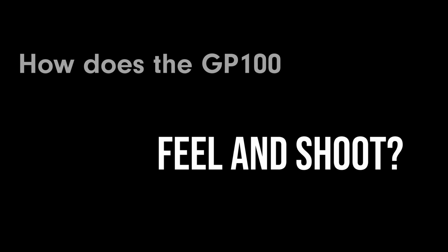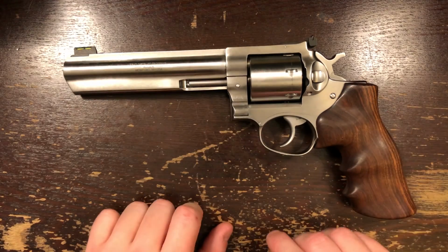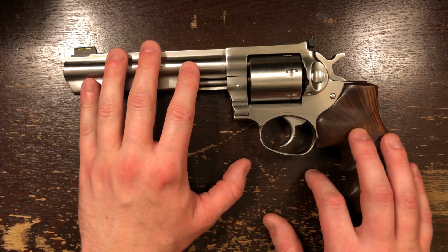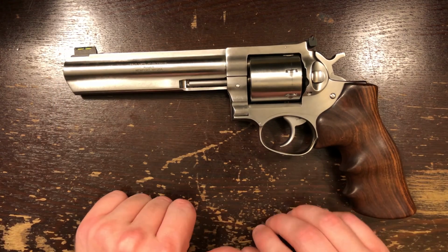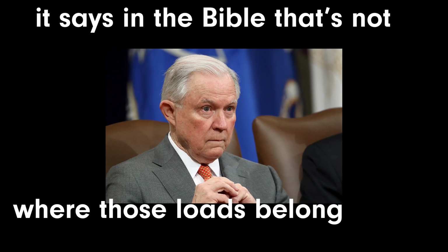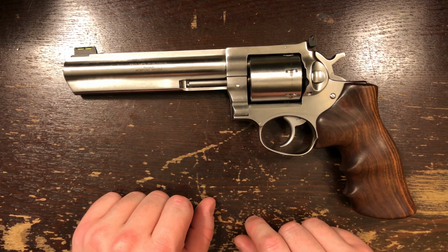So how does the GP100 feel and shoot? These guns are a complete pleasure to use. On this particular model, the 6-inch barrel makes for astonishingly little recoil with the heaviest of 357 loads, and we all know how difficult it can be to control powerful loads in the hand. The contoured grips help a great deal also. To do my best to describe it,